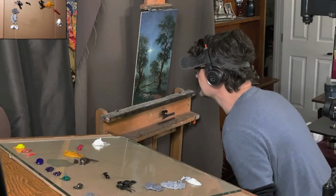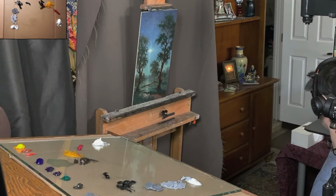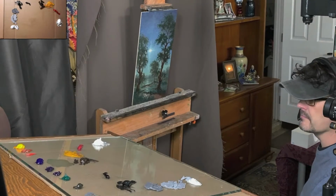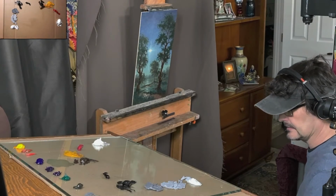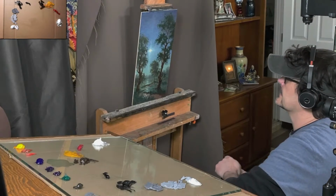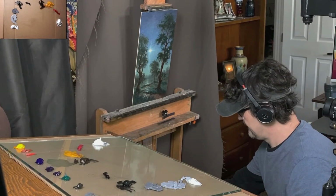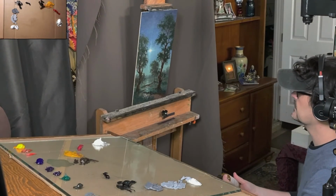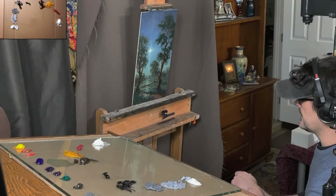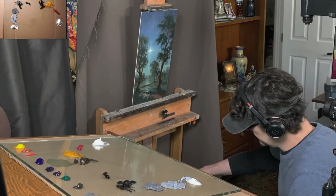So the first thing you're going to see is I've got to test this to see if it needs to be oiled out. Down below here, you can't see, but I have some medium and some Gamsol ready for that test. So let me test that out, and if it needs oiling out, we're going to oil it out, and then we'll head to the palette and mix up some colors. For this, I'm just going to take my medium with a little thinner, just to make sure that those colors are reading, none of them died out. It looked pretty even with the glare test, but sometimes even with that,